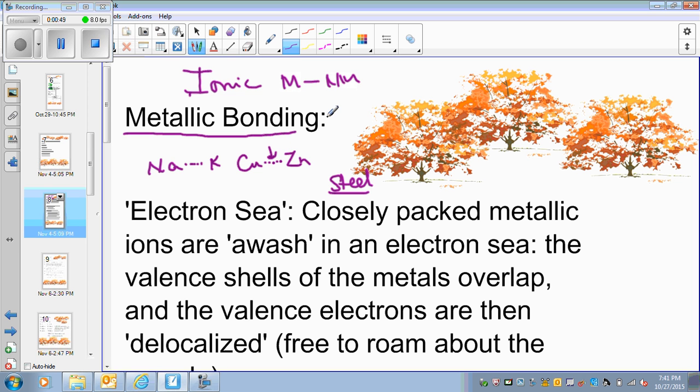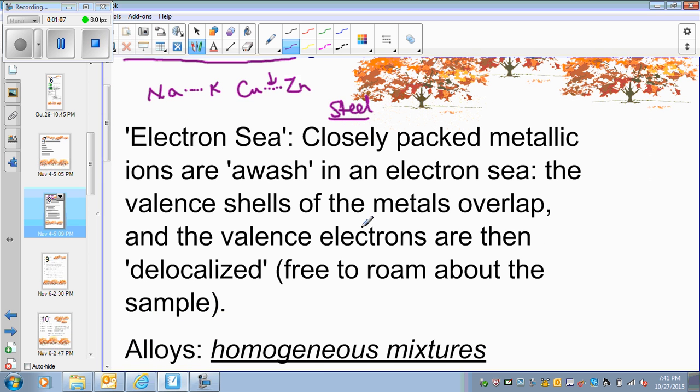It is not a chemical bond, first of all. It is a mixture. Okay, so it's a physical combination of different metals. So the way this metallic bond is formed is by free electrons. The electrons that are outside of the metals, and as you know, metals don't have very many valence electrons, but